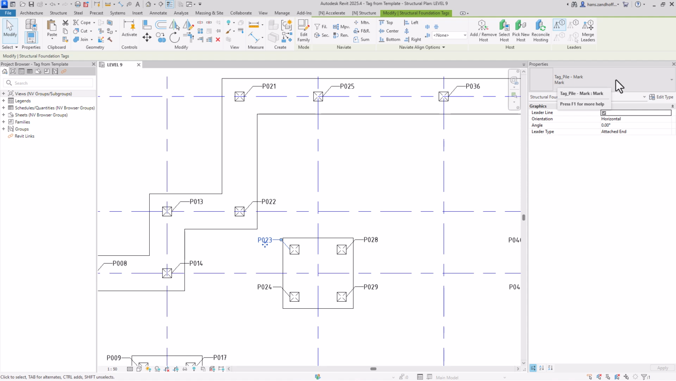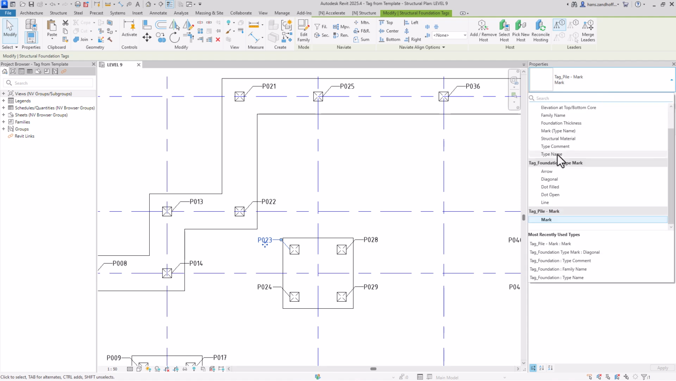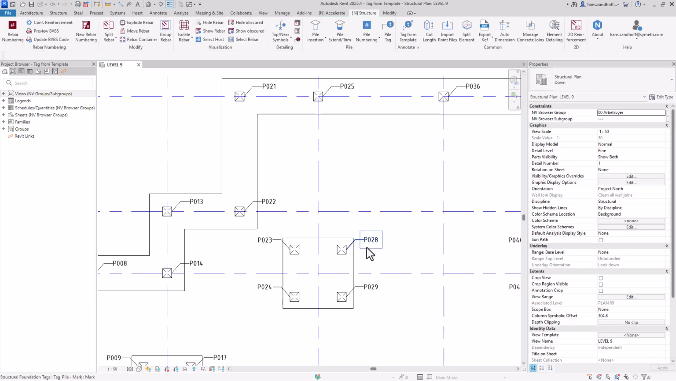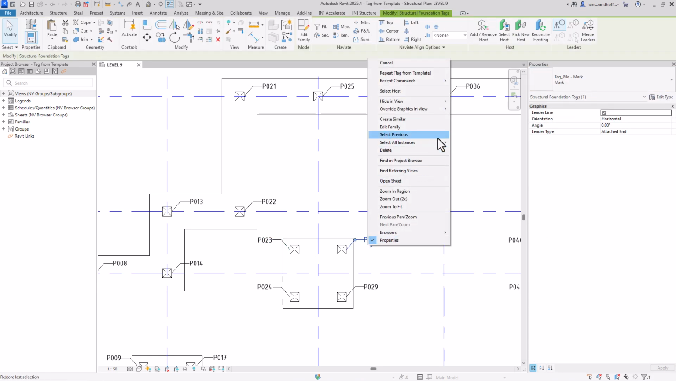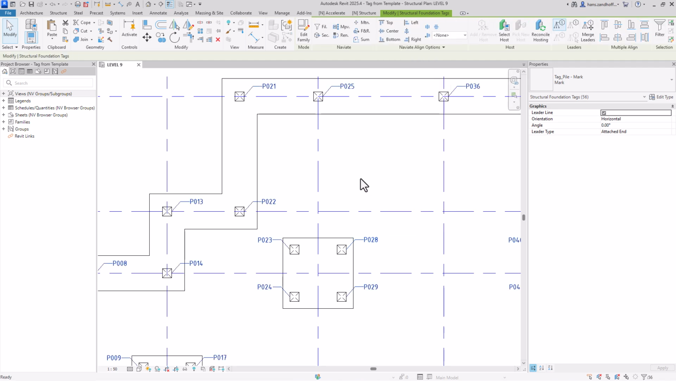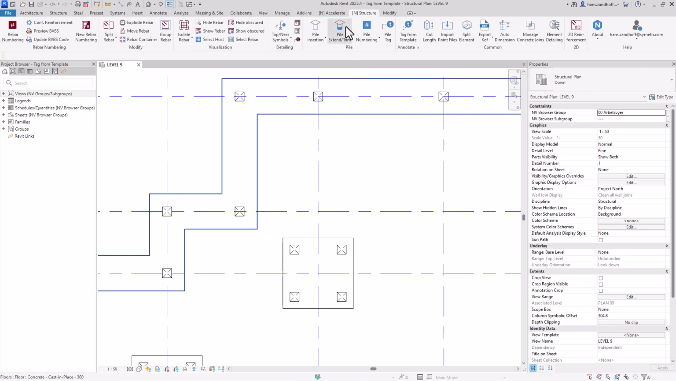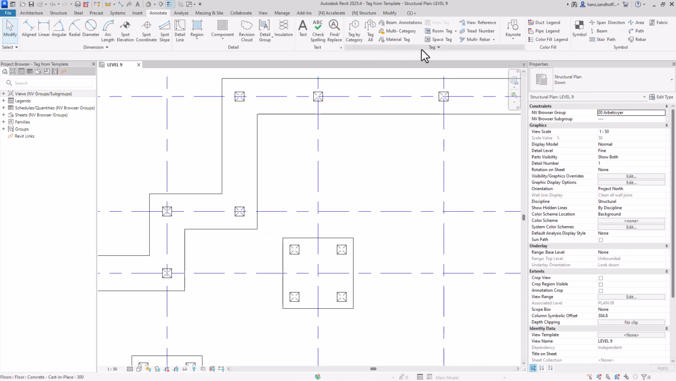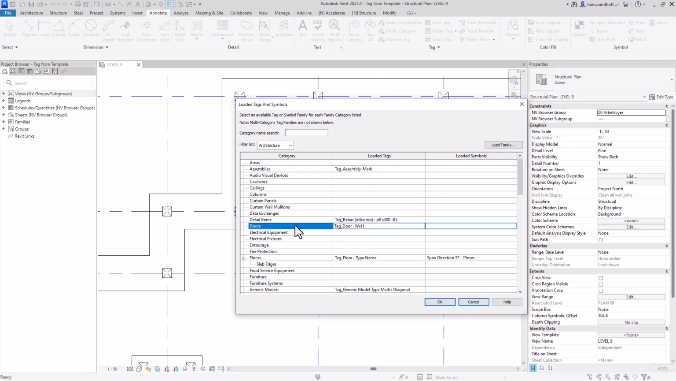Let's say, for example, I want to tag this with type name instead. Tag foundation type name. Then I can go and change that setting in Revit. So if I select all of the tags here and go to annotate and loaded tags and structural foundations done,